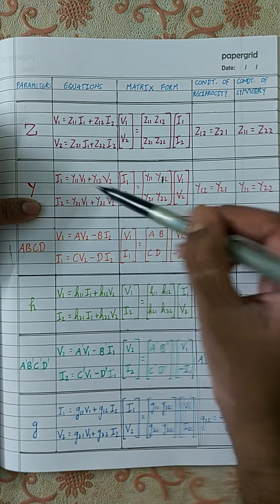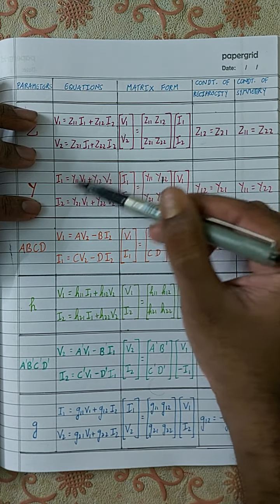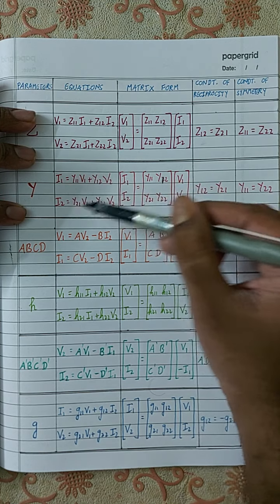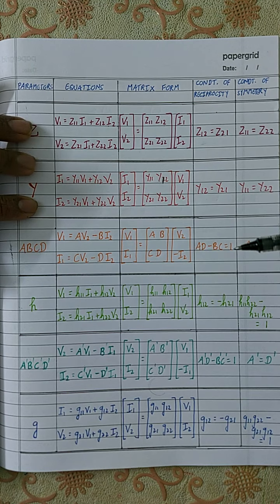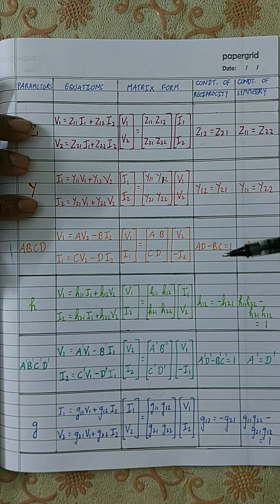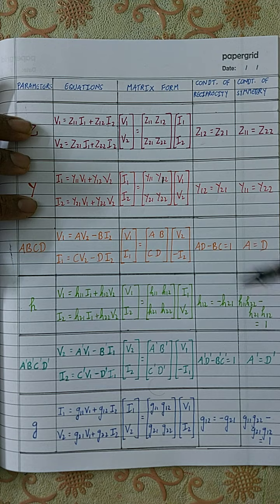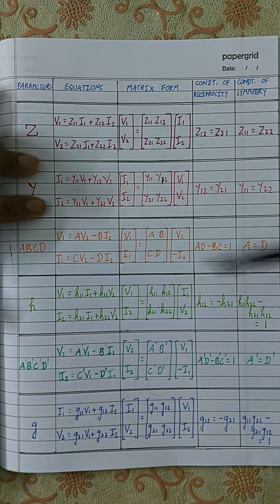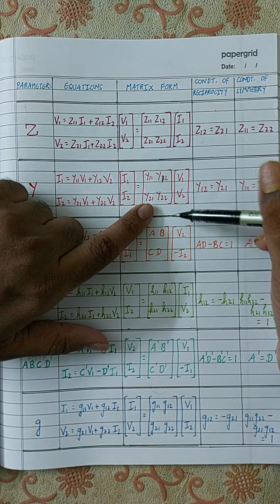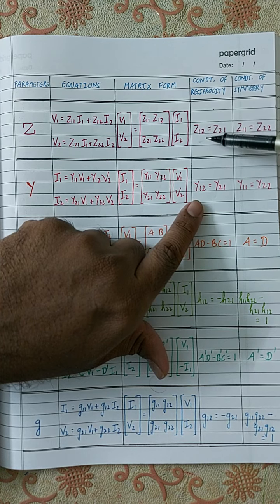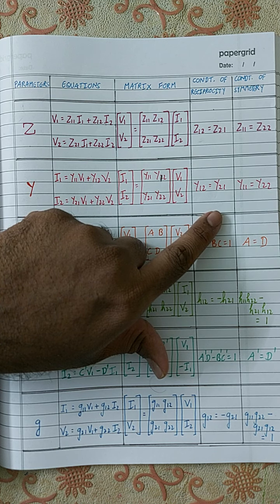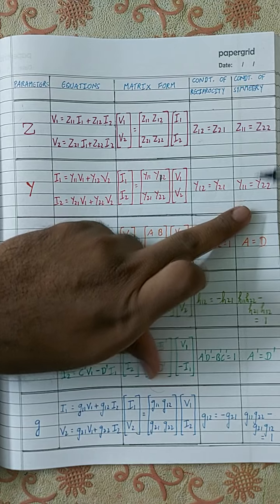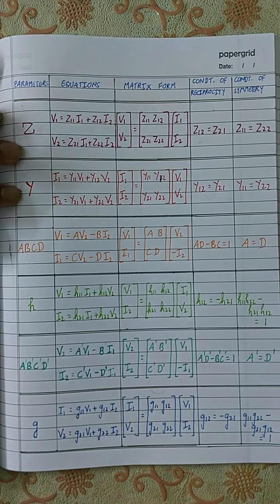Now look at the Y parameters. This equation is actually nothing but Kirchhoff's current law, KCL, or you can say this equation is nothing but the node analysis of your circuit. The node analysis of a circuit will give this kind of equation. So it's very easy to remember this equation also, right? That's expressing the current in terms of voltages. This is expressing voltages in terms of currents. So remembering the equations is very easy, and just look at the condition of reciprocity of Z and Y. Both of them are exactly the same, right? Only the letters are different. Also the condition for symmetry. So it's very easy to remember these two, right? It's also very easy to remember these two.